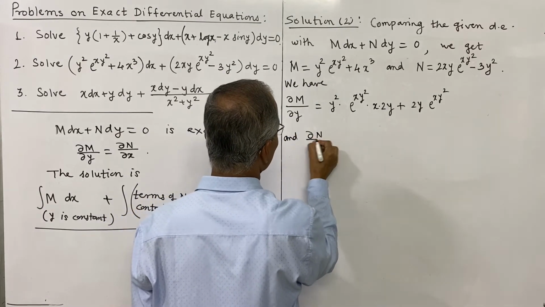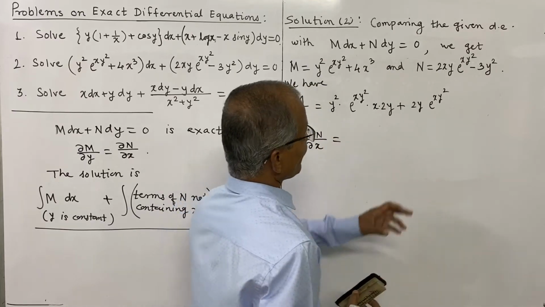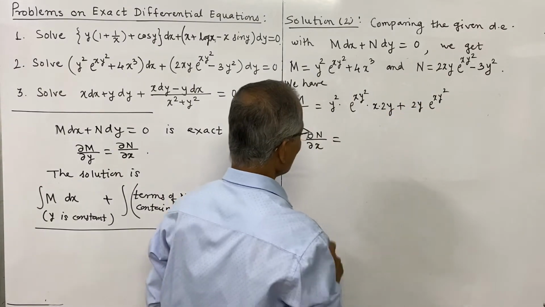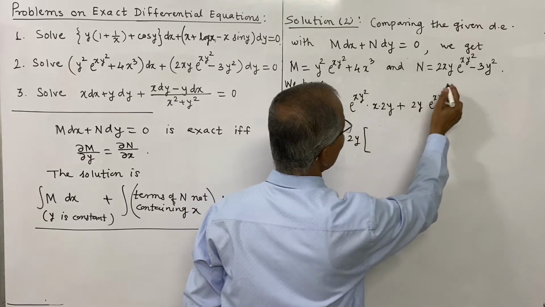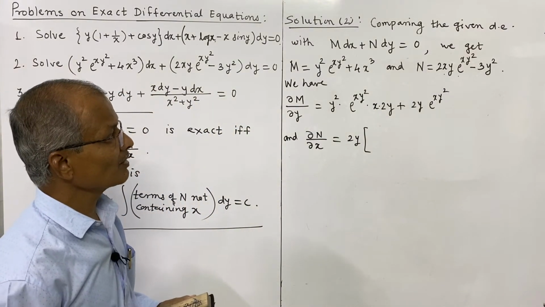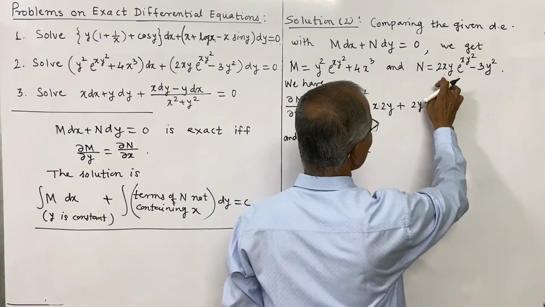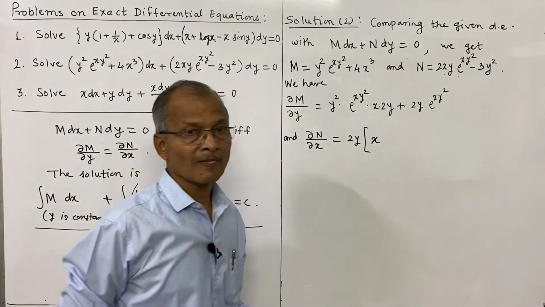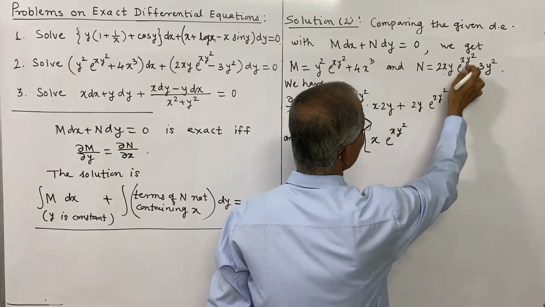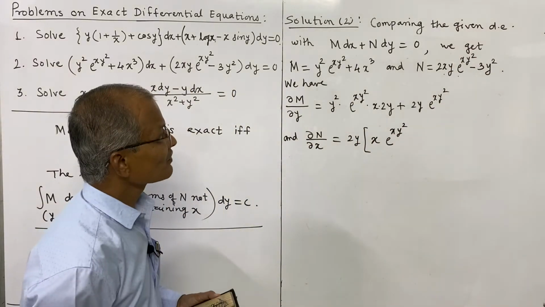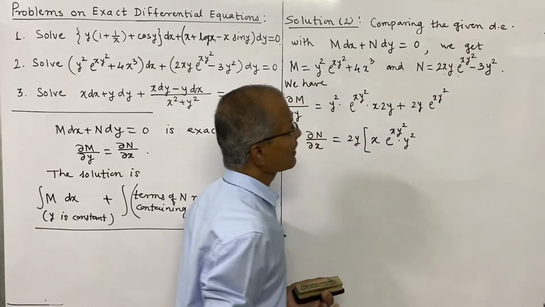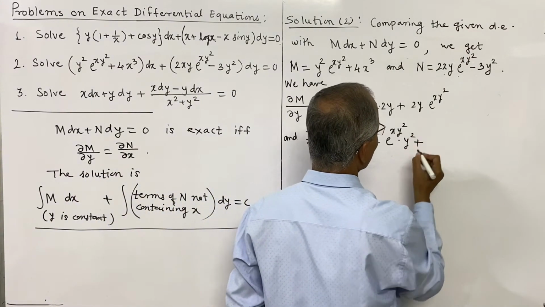dou n by dou x is equal to, here we have to differentiate partially with respect to x, so therefore y is to be treated as constant, and that means 2y is constant. So I shall write 2y separate, and this function x into e to the power xy square is to be differentiated partially with respect to x using product rule. So first function, that is x, 2y we have written outside. First function, derivative of e to the power xy square, that is e to the power xy square into derivative of xy square with respect to x, and y is to be treated as constant, means y square is constant, derivative of x is 1, so into y square, and that is the first term, plus